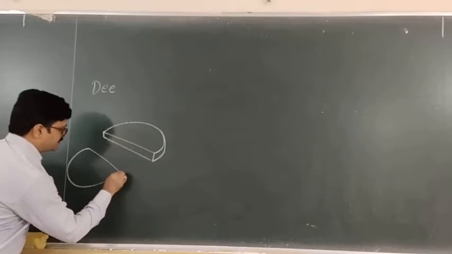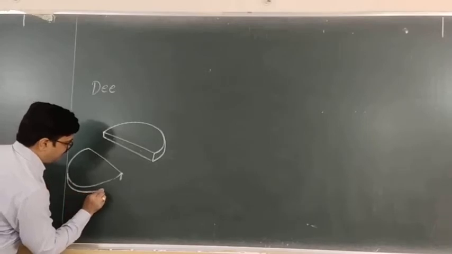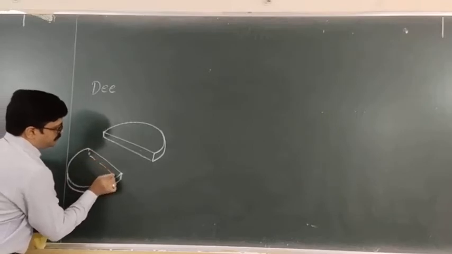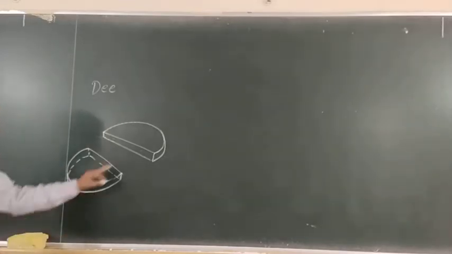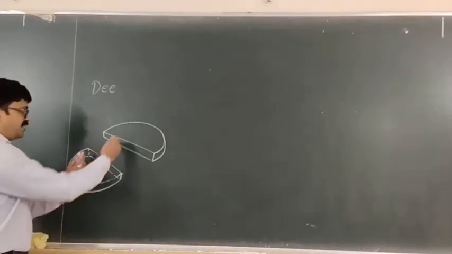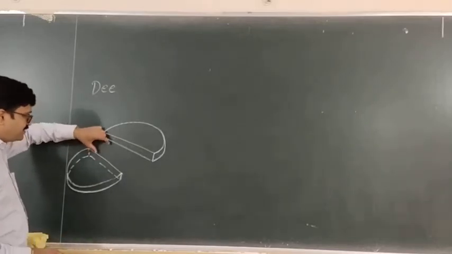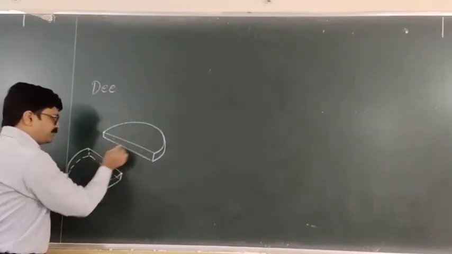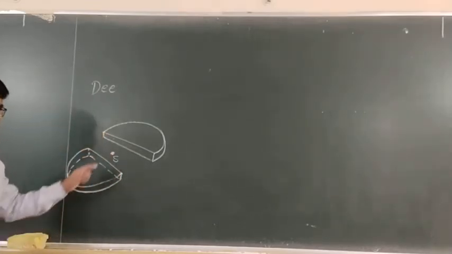Okay, now over here again, let me just give a three-dimensional view of the D-shape. As you can notice, we have two D's here like this. I hope it is visible to you all. These two D's are placed at a small distance apart. The gap between them is a very small distance. And in this gap there is a source which is kept.